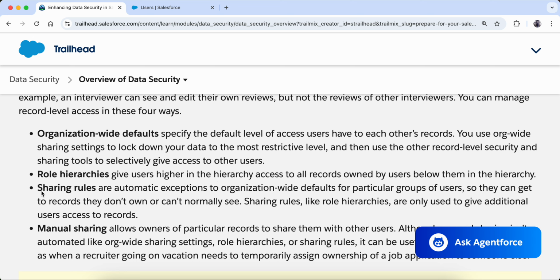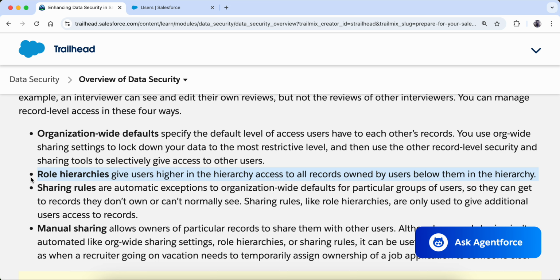We are going to make a role hierarchy, and I'm going to show you how exactly it works. And then sharing rules. Sharing rules are for when there can be some exceptions for a particular group of users, where we want to give some particular access which we don't want to give to other users.